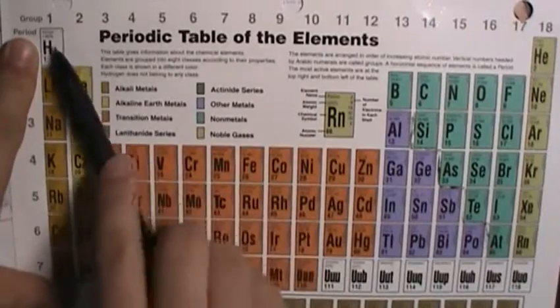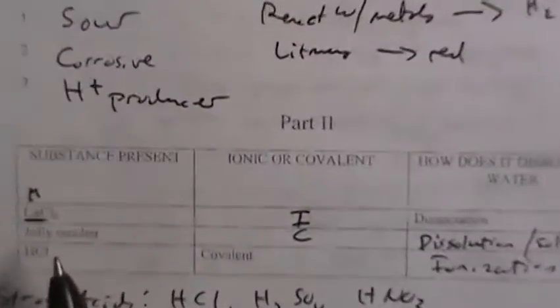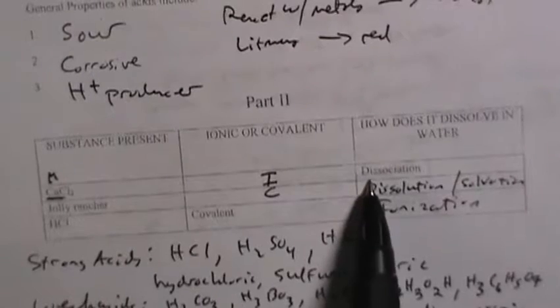It's 1 valence electron, but it's really a nonmetal. So metal in the first position, it's an ionic compound. And when you put an ionic compound, which are salts, into water, they will dissociate or separate back into their